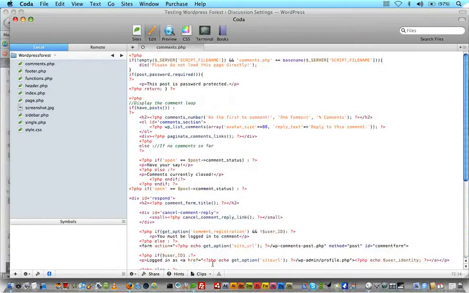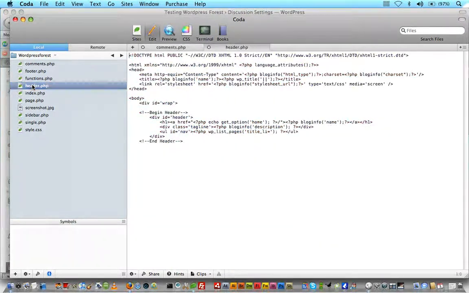Okay, so before we walk through this, there's still one more thing we need to do. And that's because WordPress 2.7 uses the help of JavaScript to make the replying and the threading of the comments a little more user-friendly. Like for instance, when we click on reply to this comment, the text area box where they type is actually going to show up right underneath that user's comment, not at the bottom. So that way they can be looking at the comment they're replying to while typing their reply. So we need to call a JavaScript file here. And what we need to do is go into